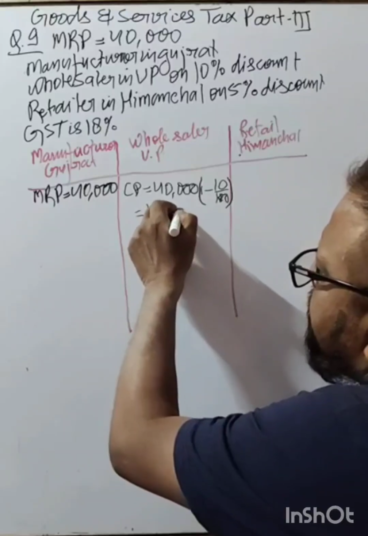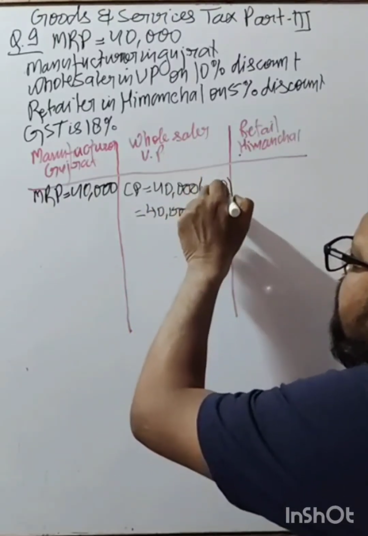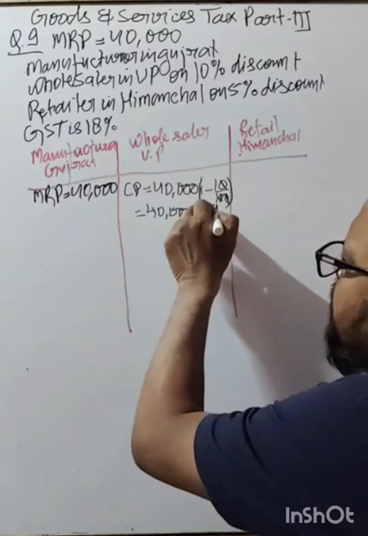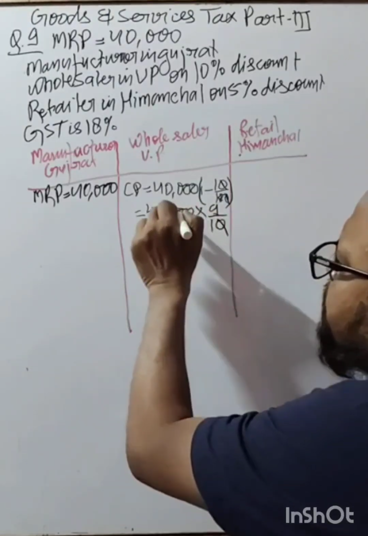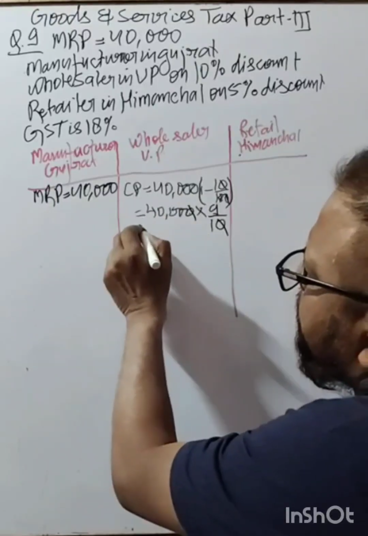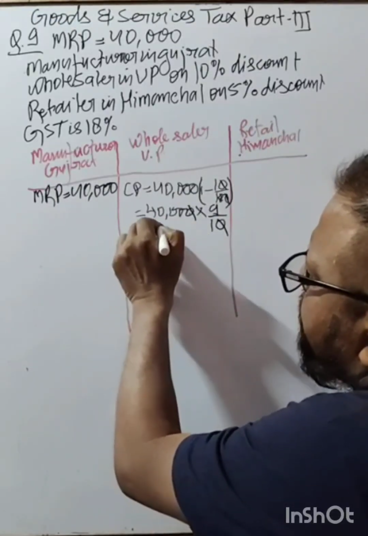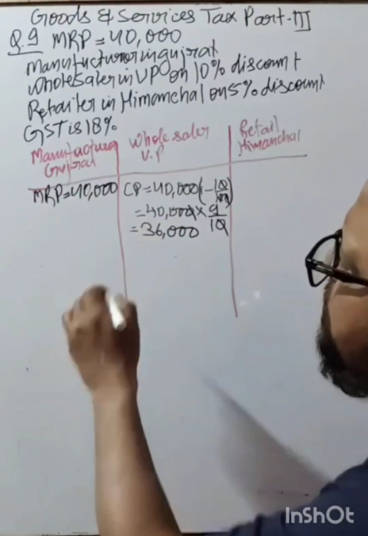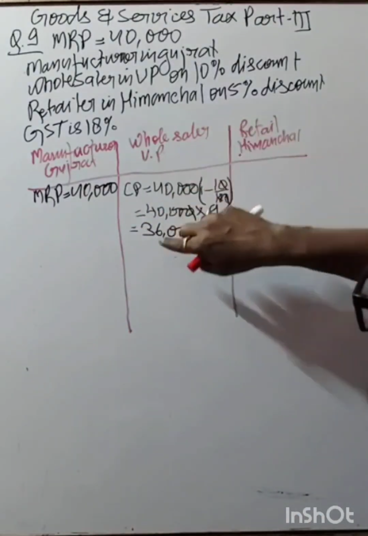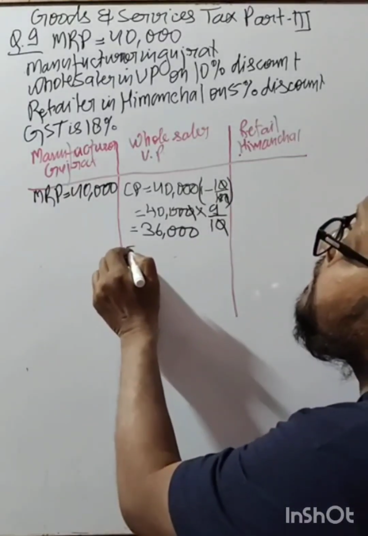So it becomes 40,000 into 9 upon 10. The zero cancels out. It becomes 36,000, right? So the cost price for the wholesaler in UP is 36,000, and